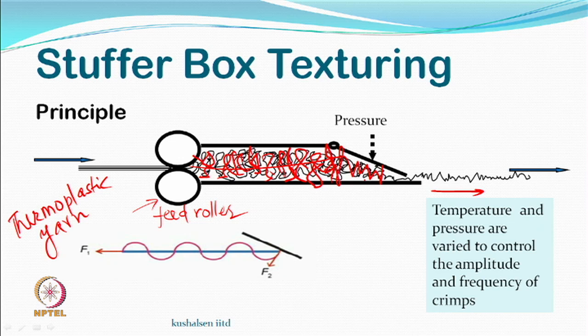When you throw the yarn against a wall, it bends. If the yarn is at room temperature, the bending behavior will be different. If the yarn has been heated, then its bending behavior will be different; it becomes soft. So, that is okay. That means you have a control. The pressure, you have a control. The speed at which you can throw the yarn, you have a control.